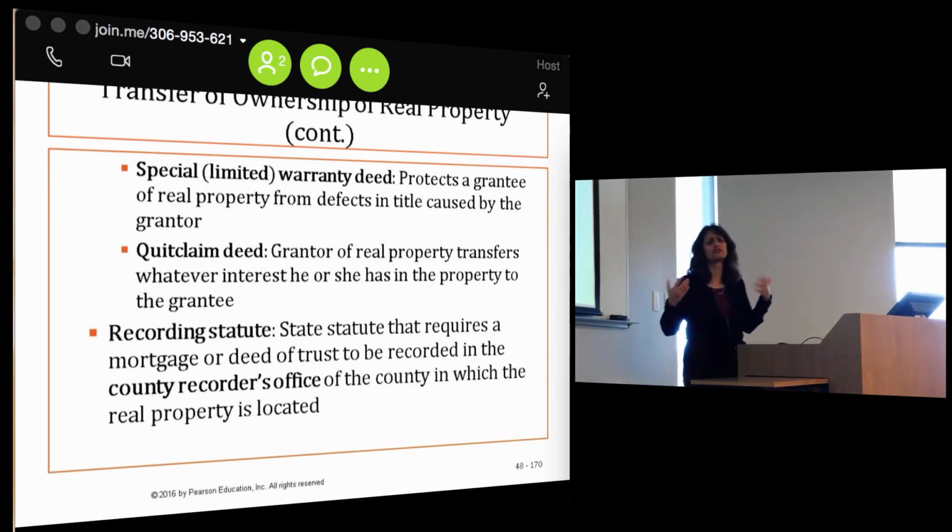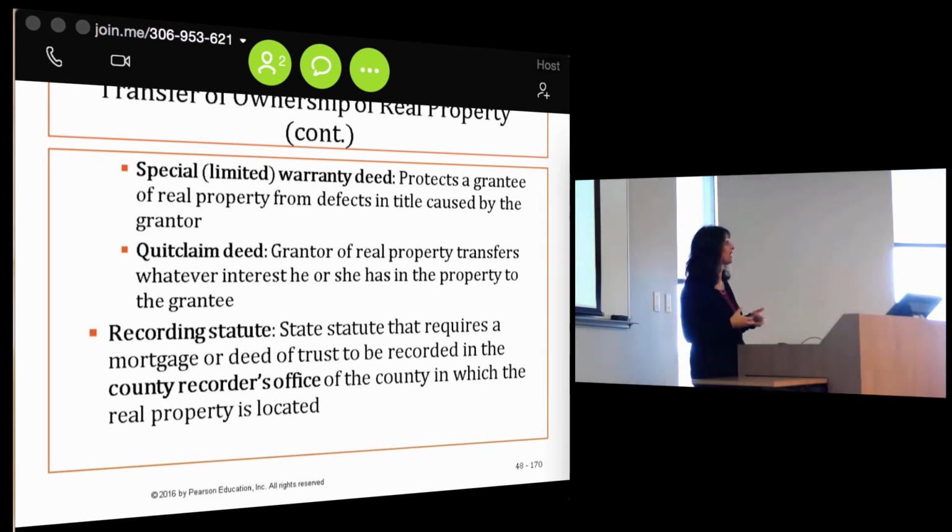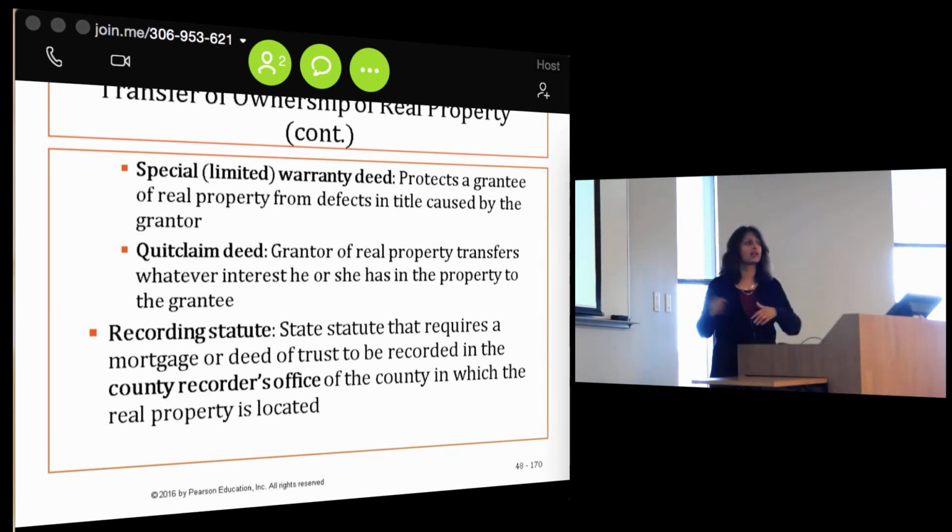And by the way, people buy on short sales and things like that. Sometimes they're not getting a lot of protection because they're willing to take the risk. Why? Because they're getting the property at a very good price, right? Or you could get what's called a quitclaim deed, which is like the lowest level of warranty where the seller is basically transferring whatever interest they have. I don't know what I have, but whatever I have is yours. If there's a lien on it, if there's dumping on this property because of environmental waste or something, that's your problem,